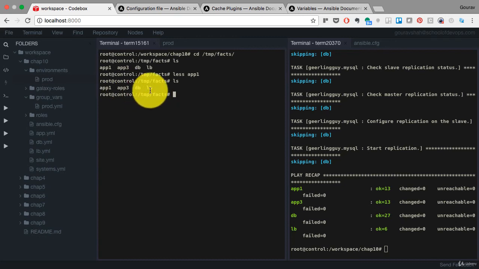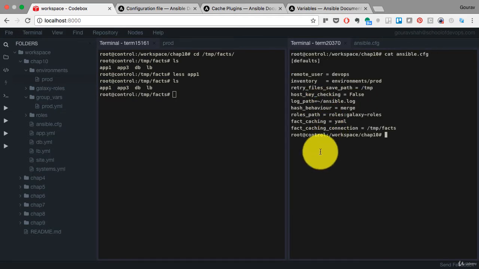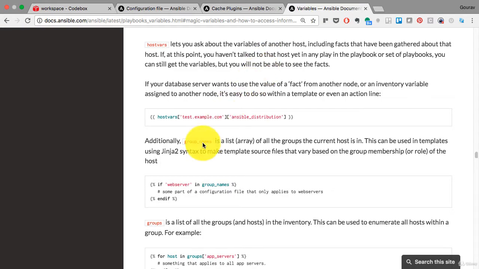In the last lesson, we enabled the fact caching. In this lesson, we're going to start using those facts along with the magic variables, and we're going to do our auto configuration for load balancers using the magic variables. So fact caching configuration is right there, and on the left hand side you see the facts being generated, and